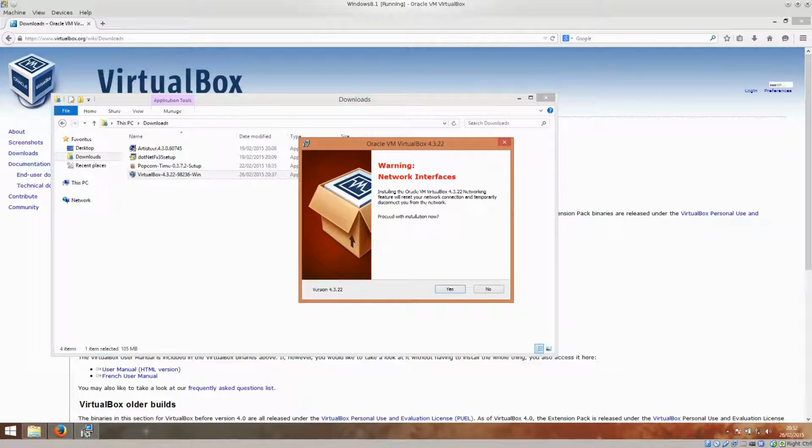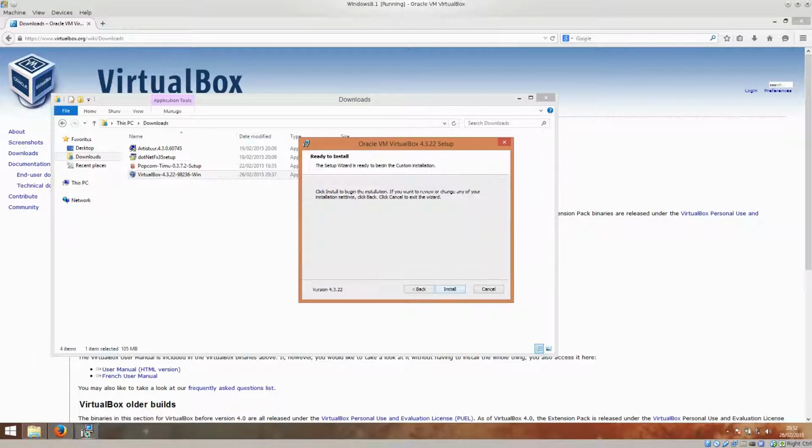This warning is basically telling you that it will reset your network connection. So if you don't want that to happen, you might halt the installation process or something like that, but don't worry. Even if you're downloading something, it's not a big deal. If your interfaces are reset, your connection goes down and then it comes back up again, and your download might just stop for a while, and that's it. Continue on later. Anyway, just go ahead and click yes,